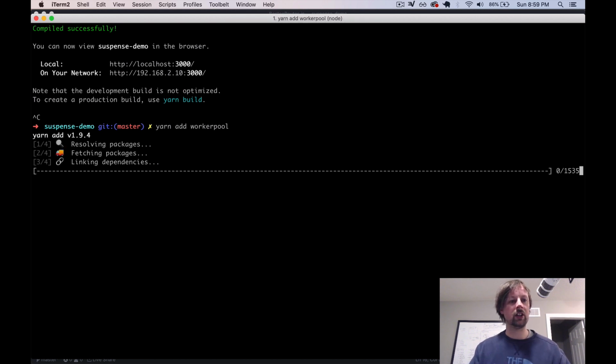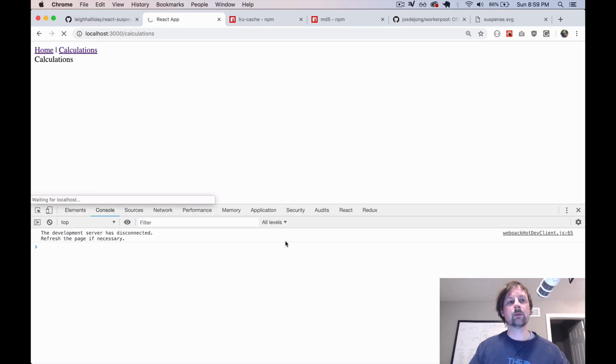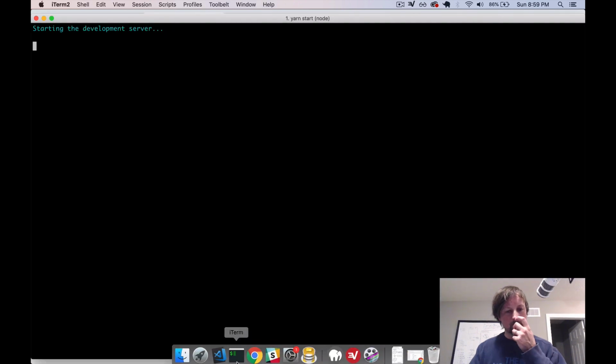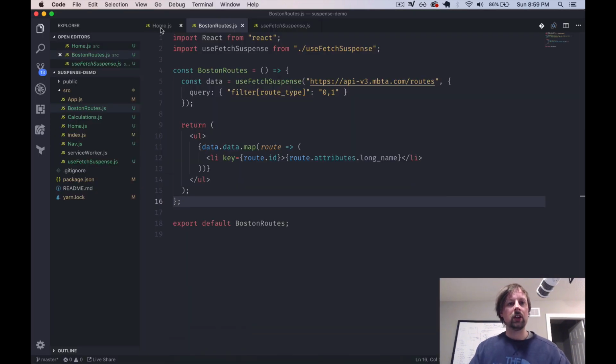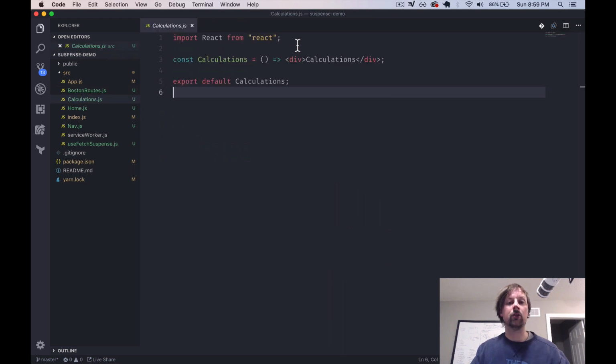And then whenever that finishes, we'll start up our Create React app again. Okay. So let's close everything. And we're going to be doing this on our calculations page. And